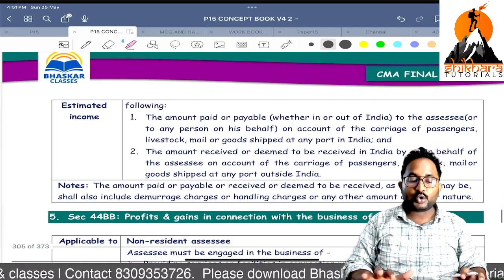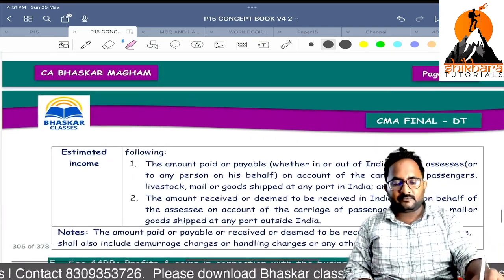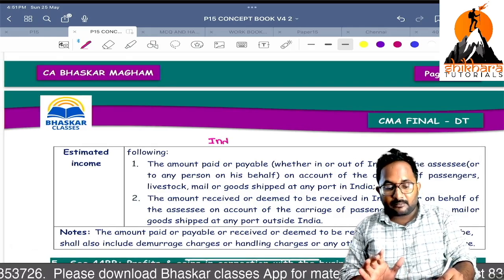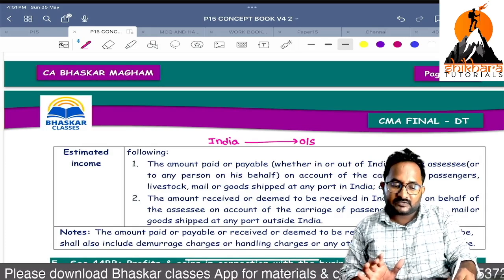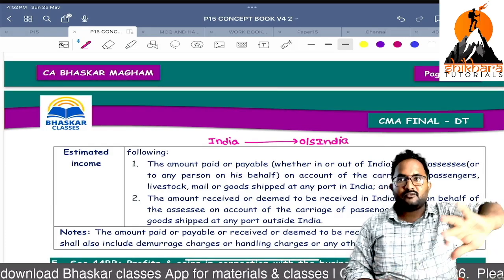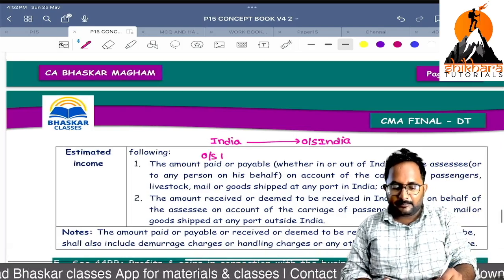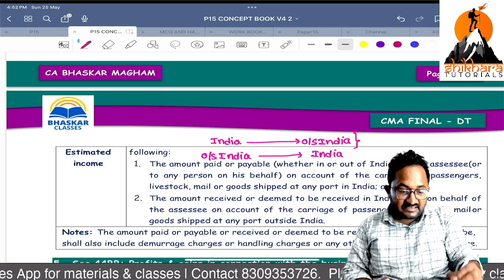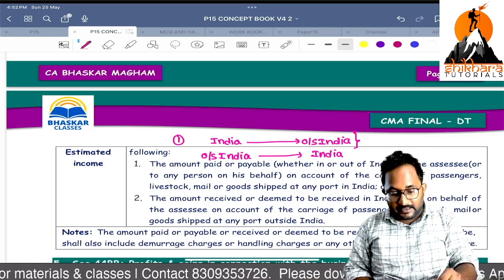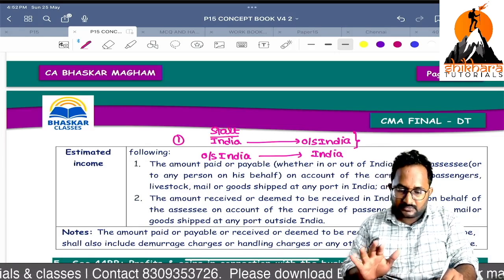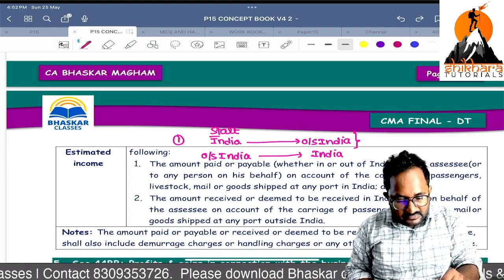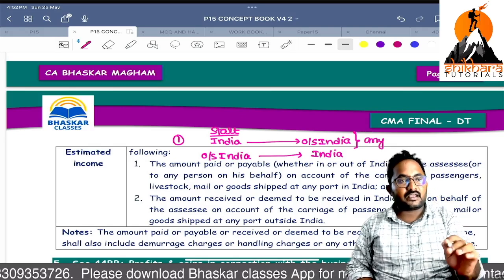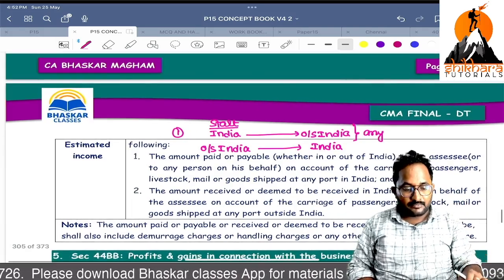Now, how to calculate the estimated income? Please check the screen first of all. If the ship starts from India and goes outside India, that is one way of travel. Another way, the starting point is outside India and it reaches India. In the first case, please remember always the starting point. For all sections, this shortcut we can apply. Please check only the starting point. If the starting point is India, all incomes can be taken. On that income, we can apply